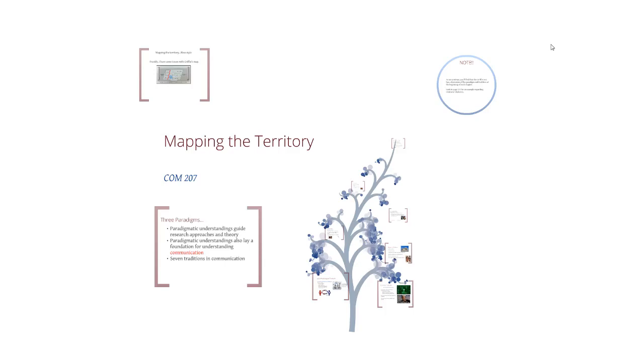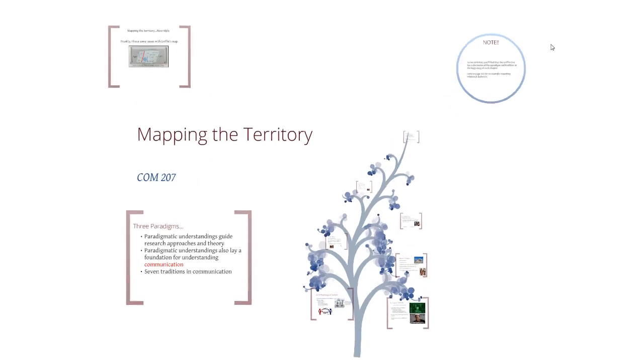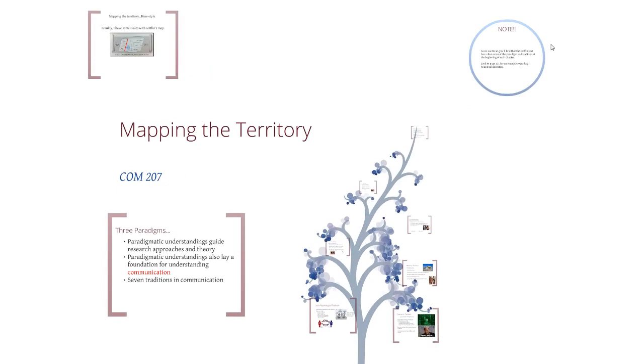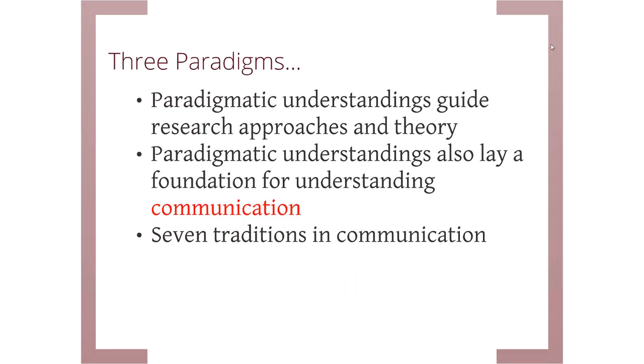Now that we have an understanding of the different paradigms of communication research, we're going to focus in on the sort of territory of what communication theory does. Now, the paradigms themselves really are about all kinds of things regarding research in the social sciences and the humanities writ large. And so these paradigmatic understandings can guide our understanding of theory and method and other sorts of things. But realistically, those could be done across different disciplines.